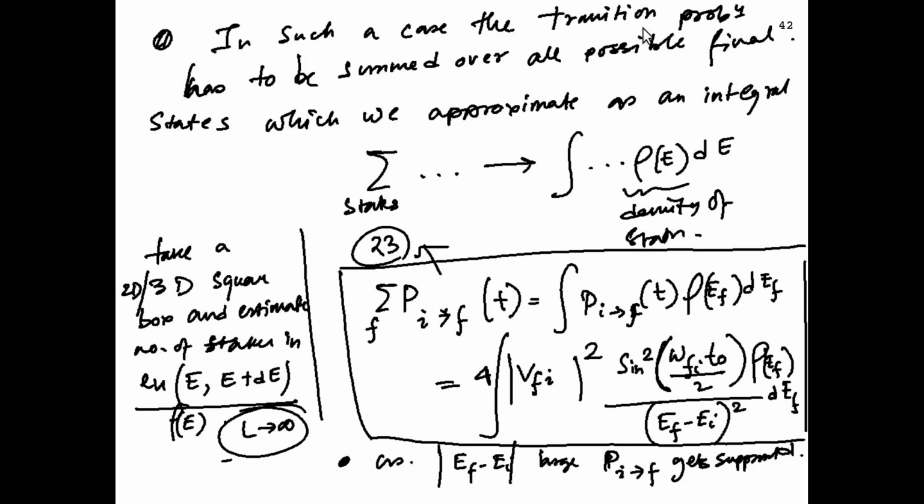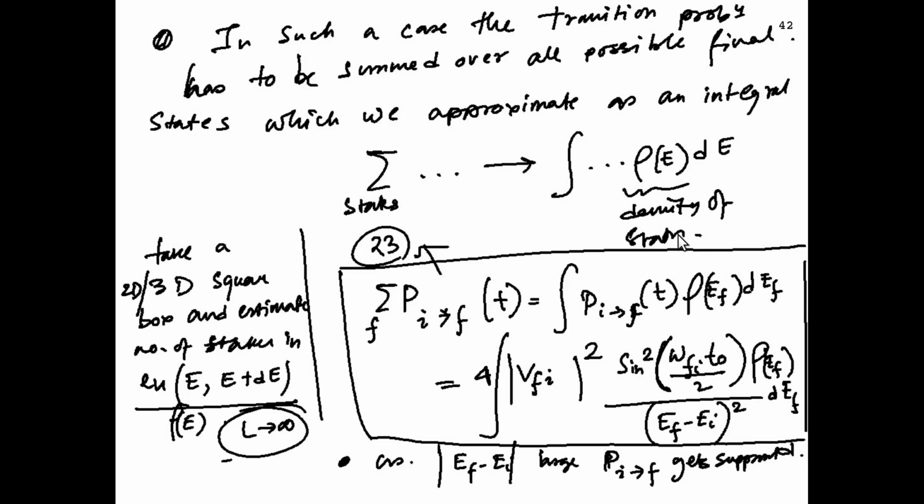So here I write this equation, where we have this sum over all the states where the system can go, and that can be converted into an integral if it is a continuum or almost quasi-continuum, and written as a density of states. You are probably familiar with this concept called density of states, which tells you the number of states in an energy interval dE, and one can replace this sum by rho(E) dE with the factor whatever you want to calculate.